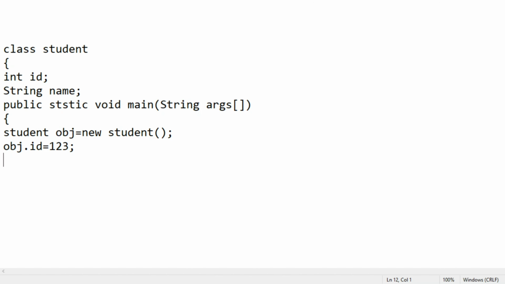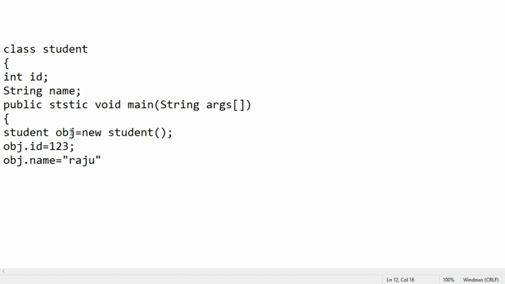Next, obj.name equals, the syntax for the name is in quotes, and we will take some name as Raju.